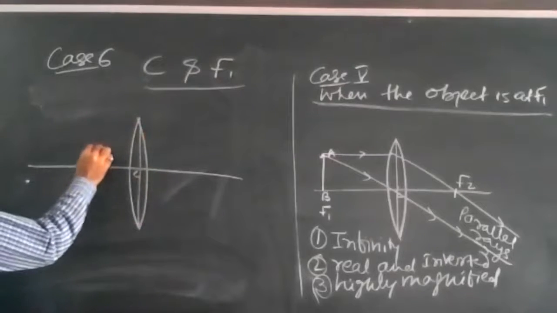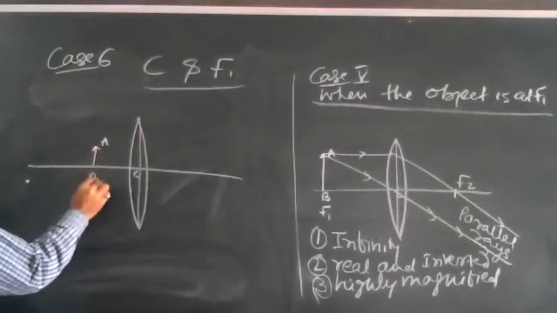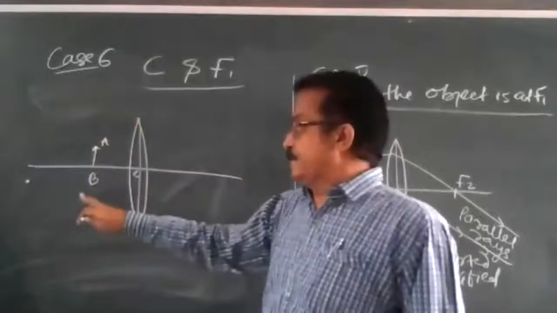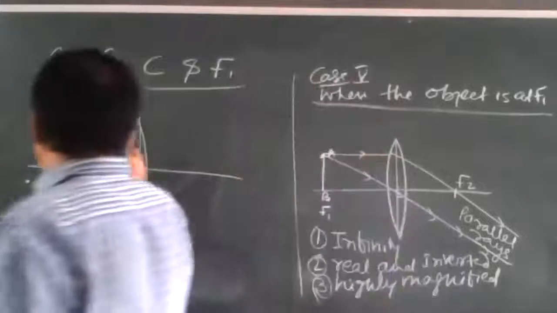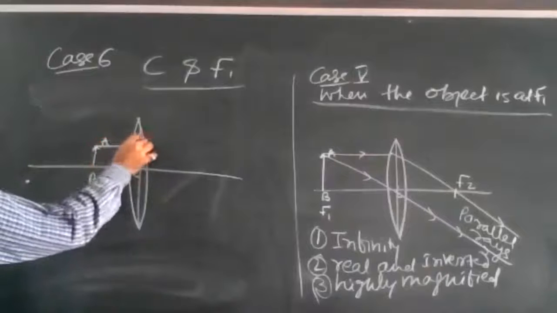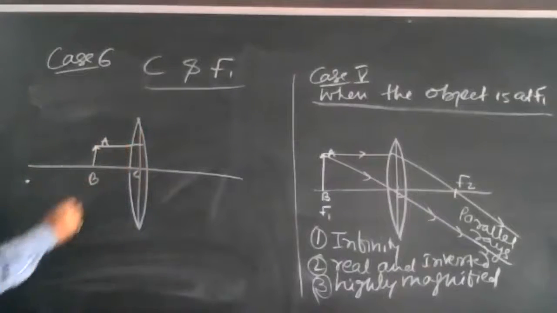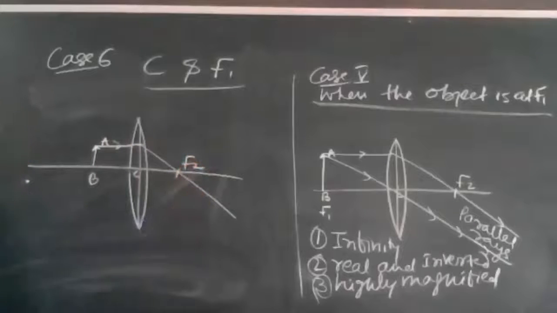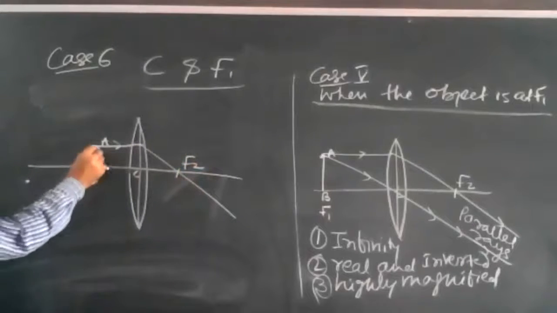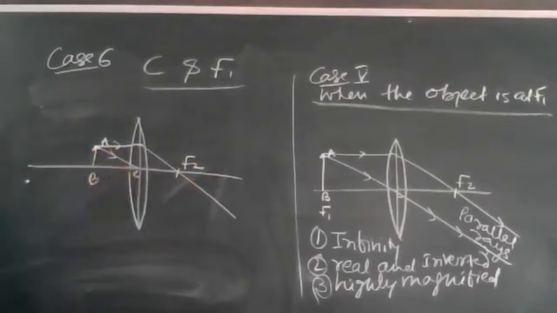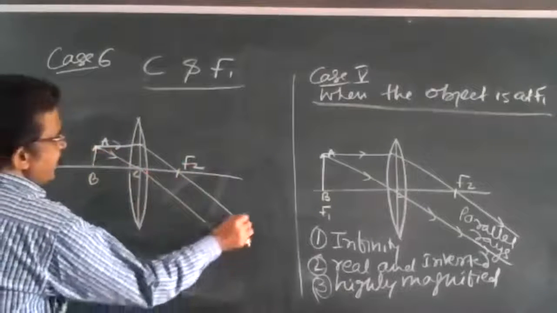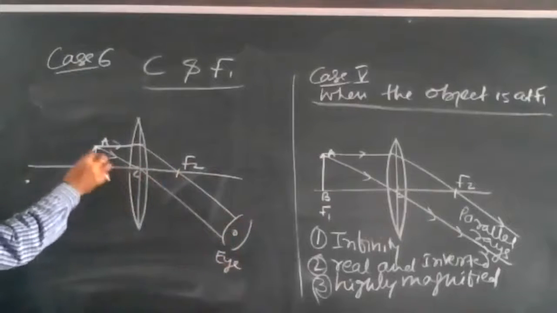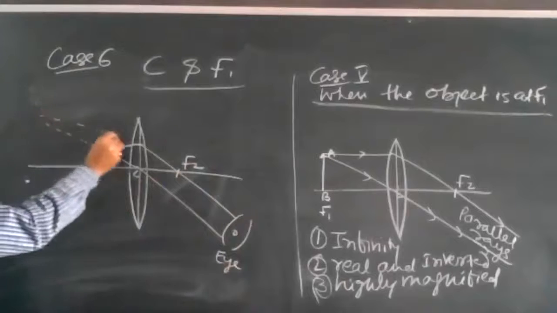The object is kept over here, say AB. A ray parallel to the principal axis will go through the focus F2, and another ray goes through the optical center. Here it is our eye. When both the rays are proceeded back, so we are getting here